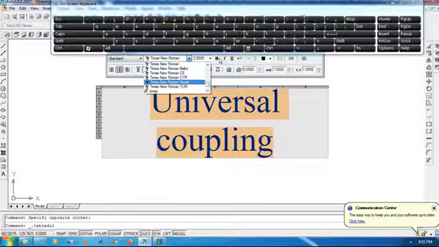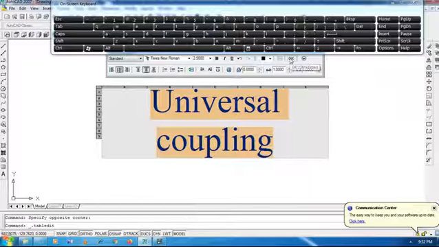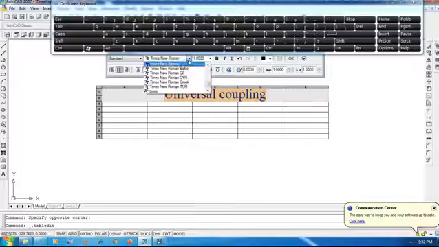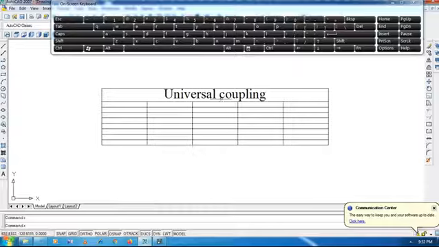And you can make it bold, italic, underline also. Now I will press OK here. So you will get the text universal coupling here.